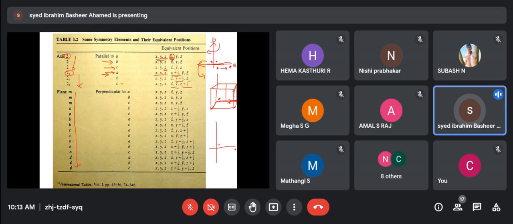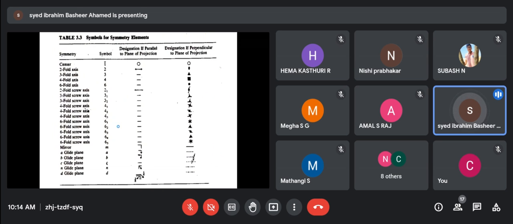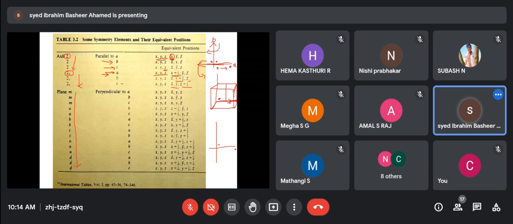So we have different glide planes, and the mirror plane. You have the M glide, A glide, B glide, C glide, N glide, and so on. Different glide planes are there, which are perpendicular to different axes: A axis, B axis, C axis, and so on. So take a mirror plane which is perpendicular to the A axis.